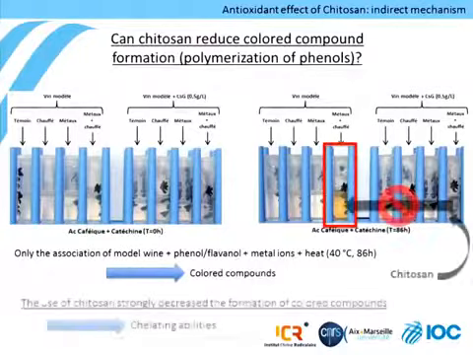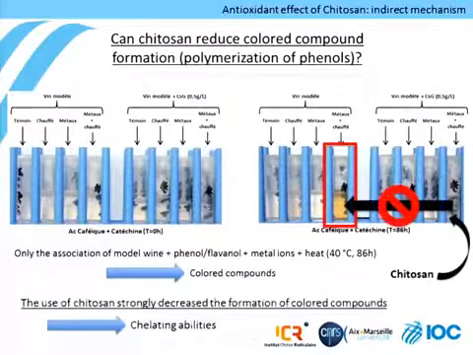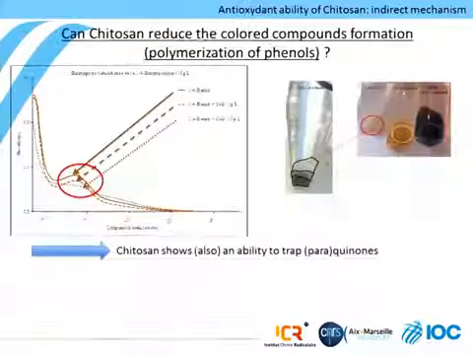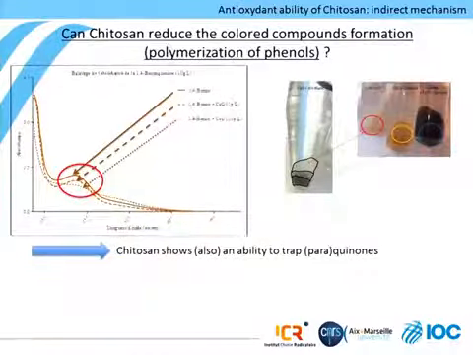We saw that colored compounds appeared in the solution. By preventively using chitosan in the solution, we saw that no color was formed. This, in turn, underscores the preventive action of chitosan, and this in relation to phenomena which otherwise lead to the formation of color